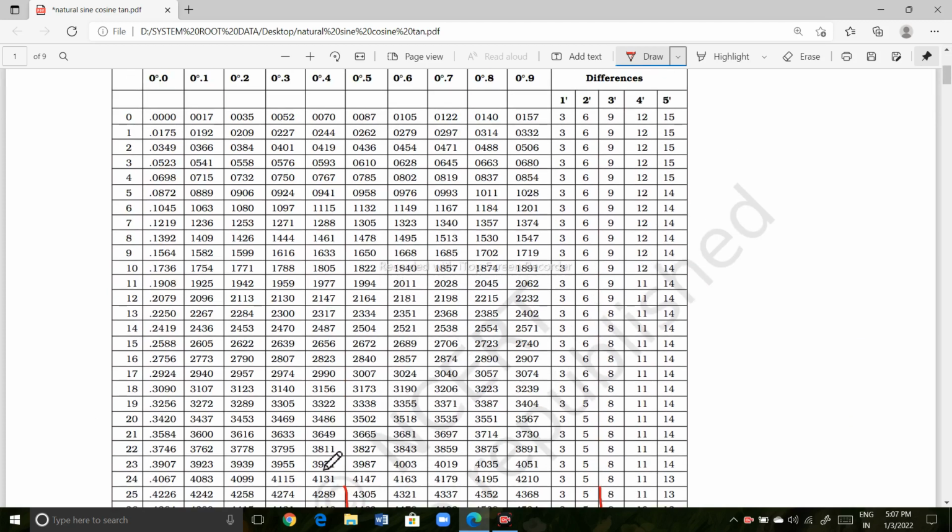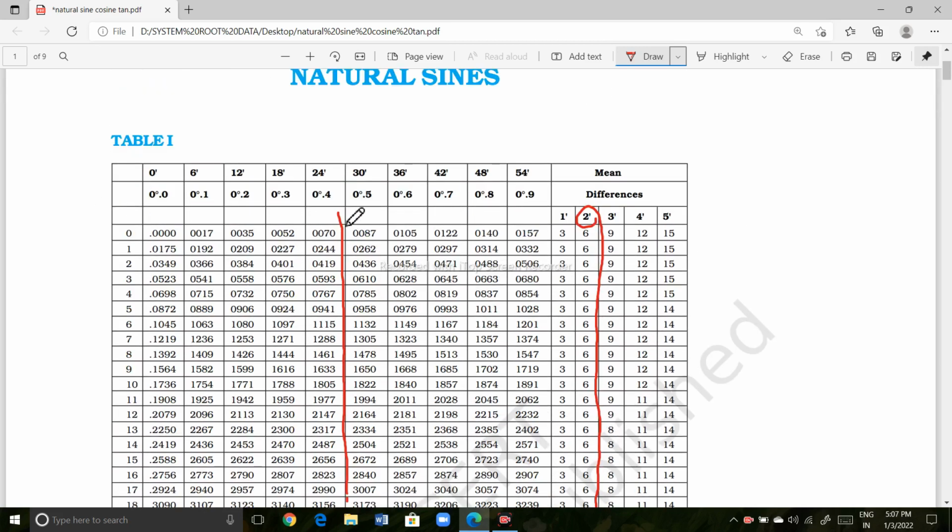So here we go. This is the one for minutes. For understanding's sake, I'm just making this line. Here, and this 5, the difference of 5. We go here, here, here, here. This is 2 minutes, right? And here we find it is 24 minutes. So what should be the answer? The answer will be 35 degrees, 24 minutes, and plus 2 minutes we add. So the final answer is 35 degrees, 26 minutes.